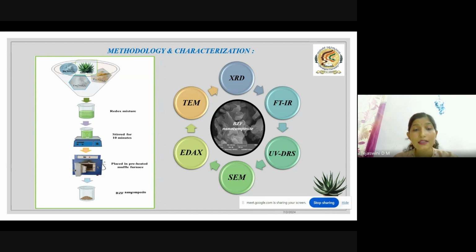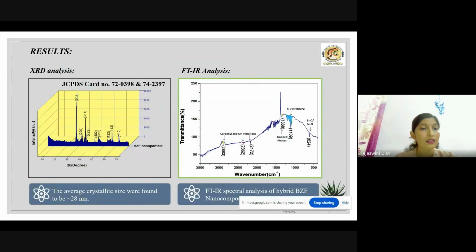After the synthesis of BZF nanocomposites, they are subjected to characterization techniques like XRD, FTIR, UV-DRS, SEM, EDAX, and TEM analysis. The results obtained from the XRD analysis show an average particle size of around 27 nanometers, calculated by the Debye-Scherrer equation, and the formation of the BZF nanocomposite matches with the JCPDS card number